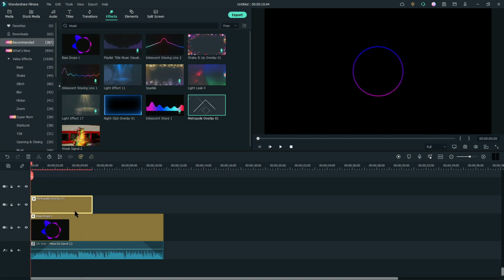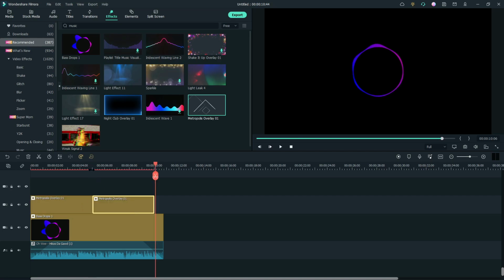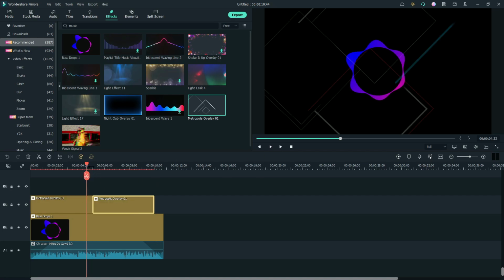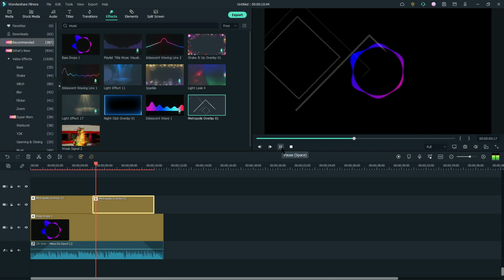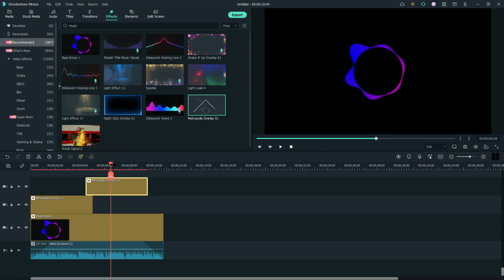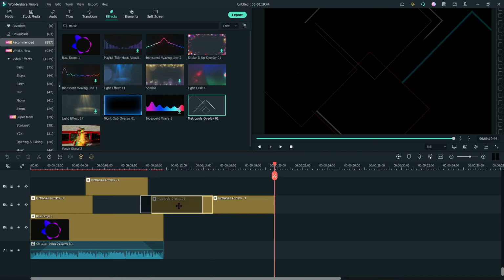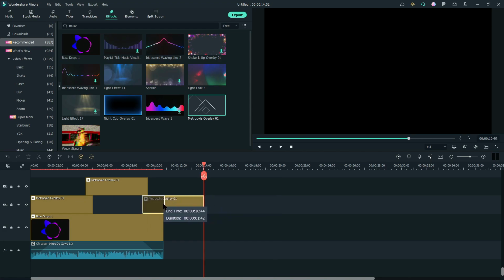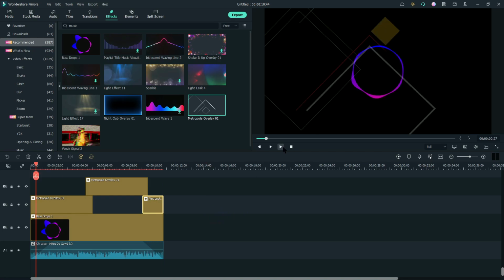But the problem with this is at the end of this, like if I were to loop this, you'll see it'll pause and start again. It's very subtle, but you can tell. So the trick is to overlay them on top of one another. We'll put, and we don't need this one. Put that like that, and then when I play it as a whole,